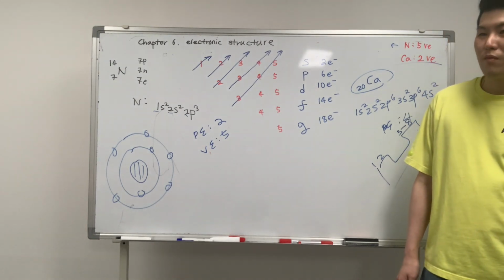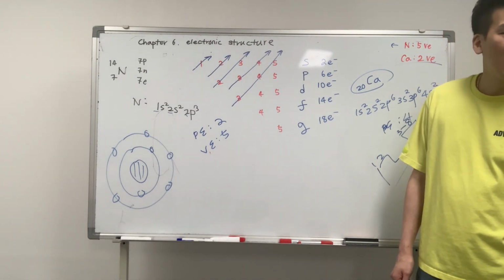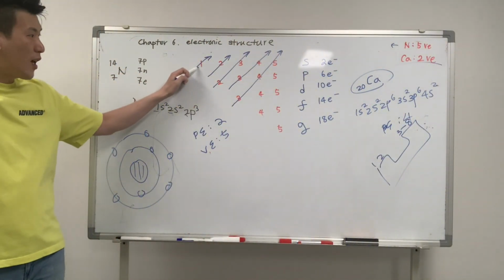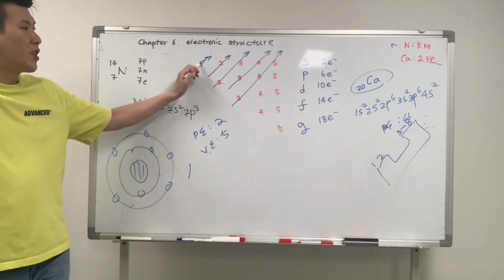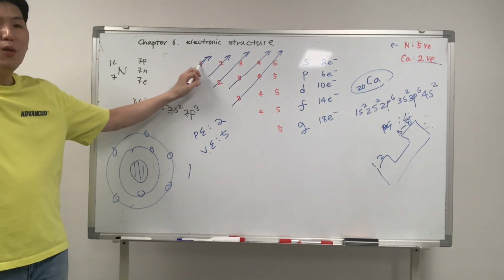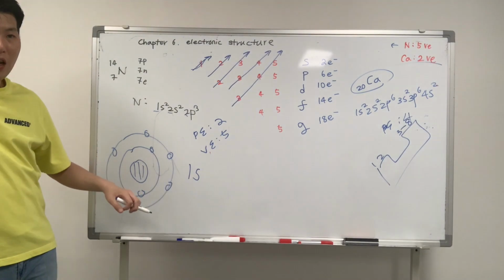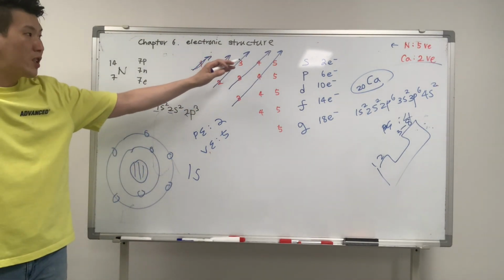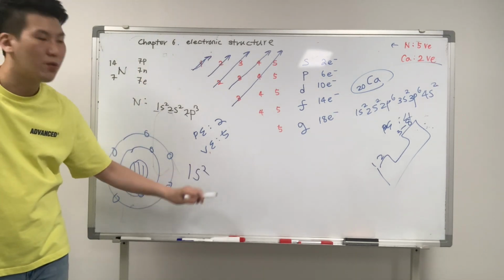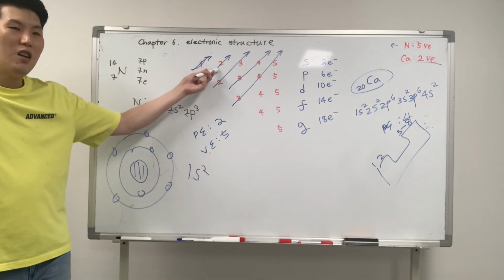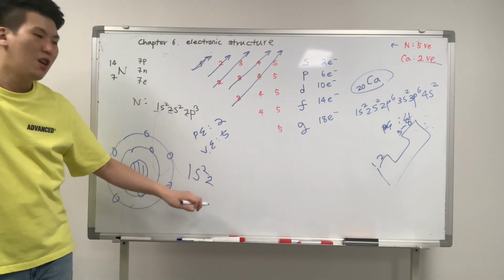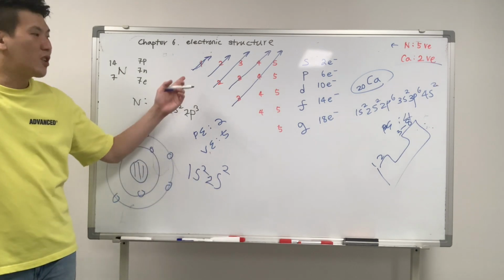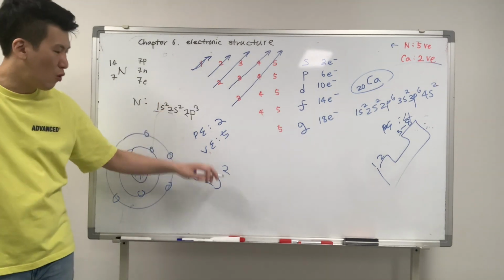Can you explain more? How do you write that? You follow the arrow, so that's 1. Which row is it in? First, the S row. Put S, right? How many can it hold up to maximum? S holds up to 2. So that's 1s2. Which row is it in next? How many maximum? 2, 2. What's the next one? 2, 2. Which row is it in?